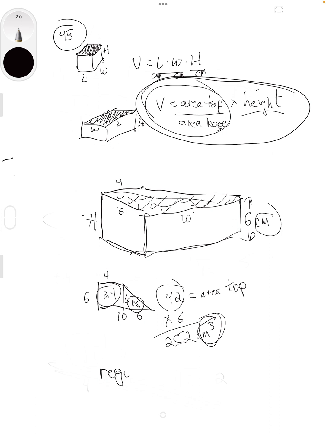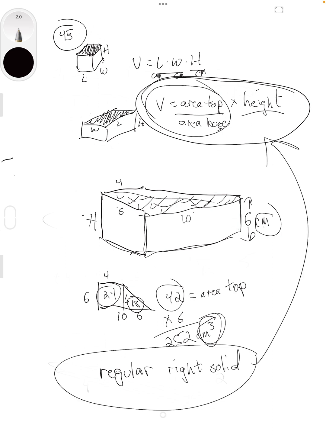a regular right solid. So on regular right solids, that formula works. Regular means that it is consistent. Right means that this is a 90-degree angle, that it goes straight up. Okay, that's lesson 45. Now let's move on to lesson